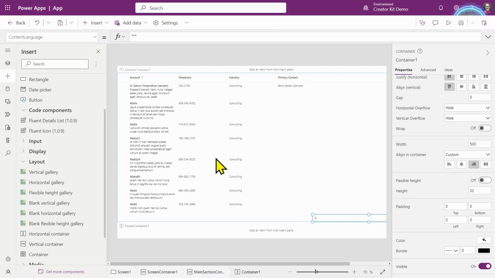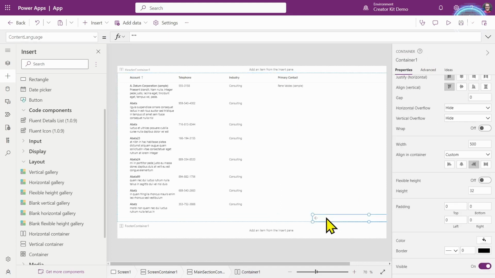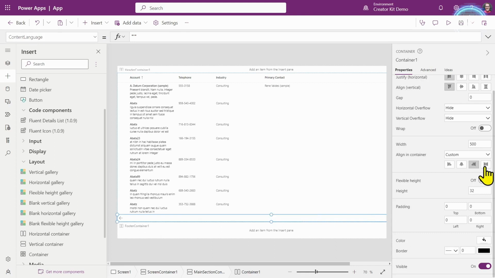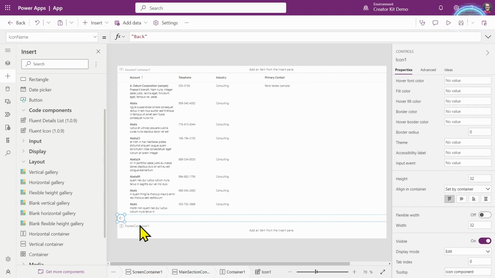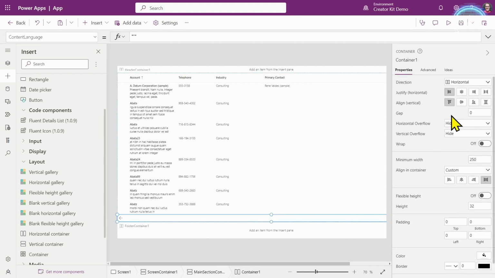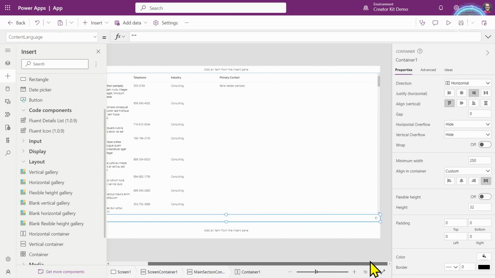Apologies that I haven't named any of these things. I really should be naming. So like grid counts like that, make it better. I should be naming all of my icons a little bit nicer. Let's make this expand to the full width like that, and align all of these items here. Let's make it align set by container, and I want to align the items so that they are right aligned. There we go. So it's there.